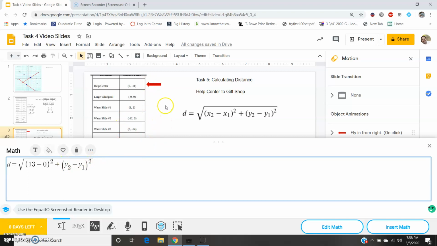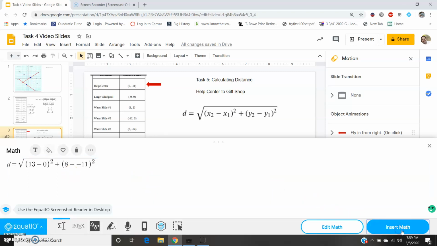You guys will be able to see them when you want to, and yours are going to be different anyway, so it really doesn't matter. The Y value of the gift shop was 8, and this one is negative 11. So that does make a difference. So 8, when you subtract a negative, I'll just put it in for now, minus 11. Okay, so I'm going to insert that math